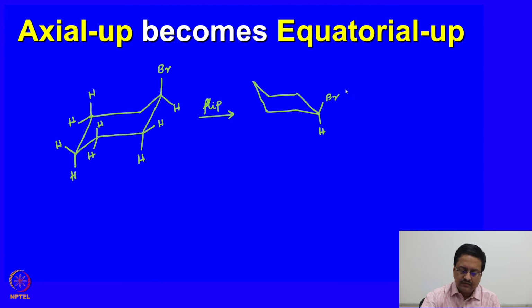This is what is meant by axial up becomes equatorial up. So this bond which was upwards is now in the equatorial position, but it is still in the upwards direction. So this is how we should understand what happens when you flip the cyclohexane in chair form,